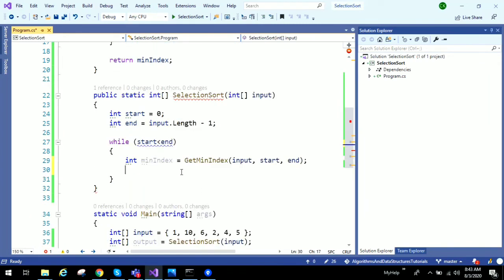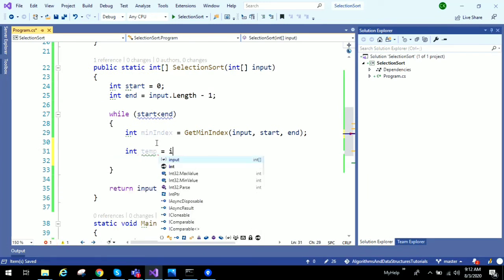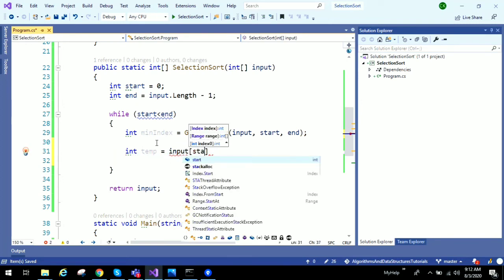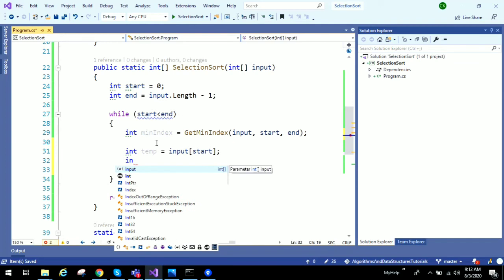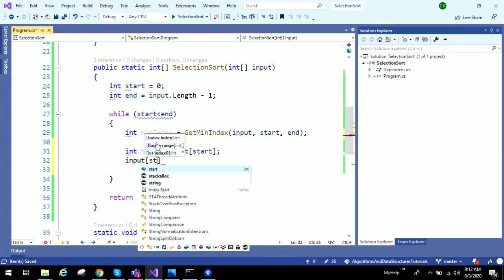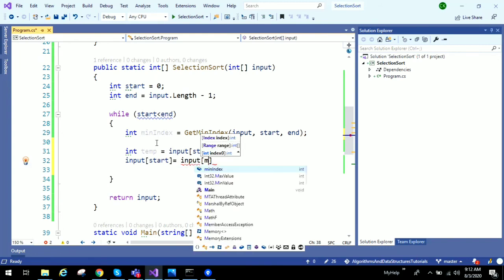I will swap it with first index, that is start. Swap it with the first element. How do we get the first element? That is input of start, and then I need to swap that starting element with value which is at minimum index.